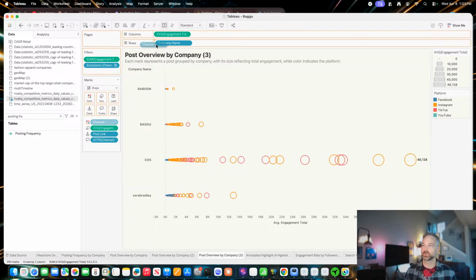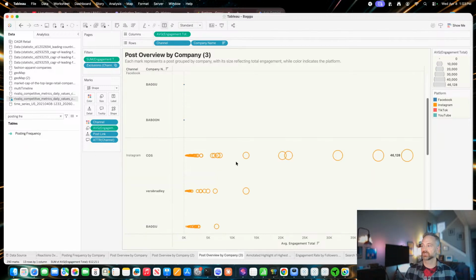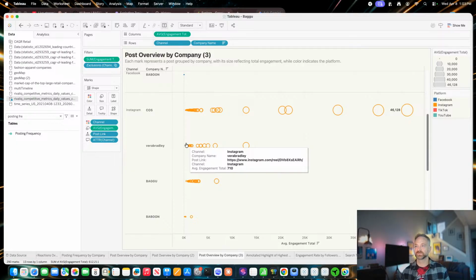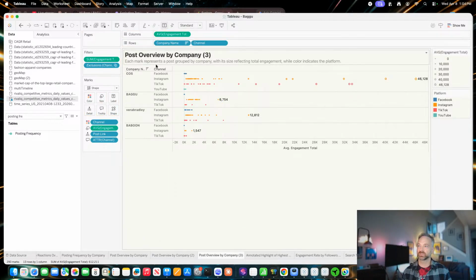Maybe we also pull channel in here and then sort it here, so if you were just talking about Instagram, you can see what's going on there by company. But always play around in Tableau, move it to just company. And now you can see the view of COS across all the platforms versus the smaller ones here as well. So no harm in duplicating it 5 times and only then choosing the 1 or 2 for your story,